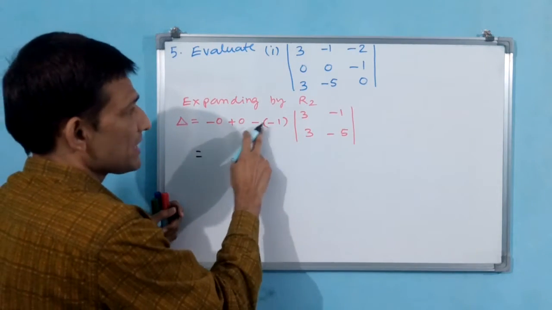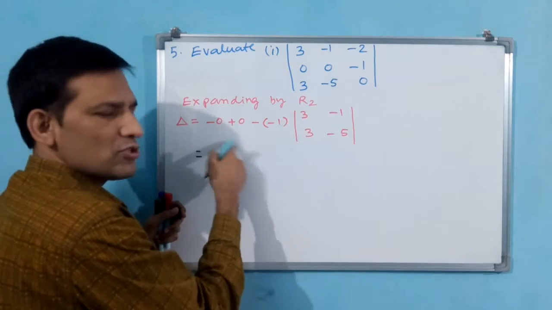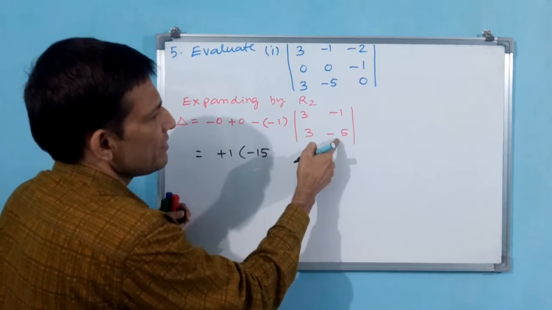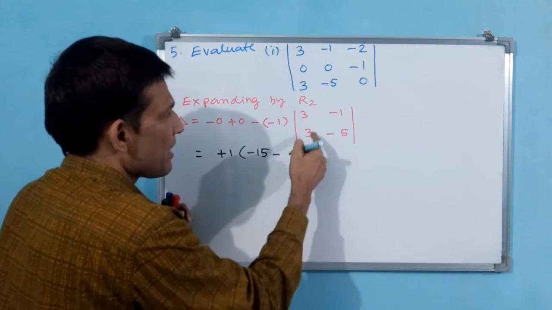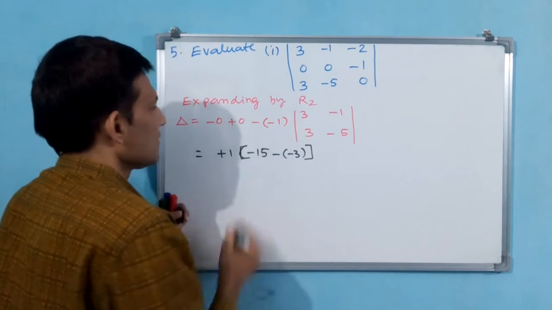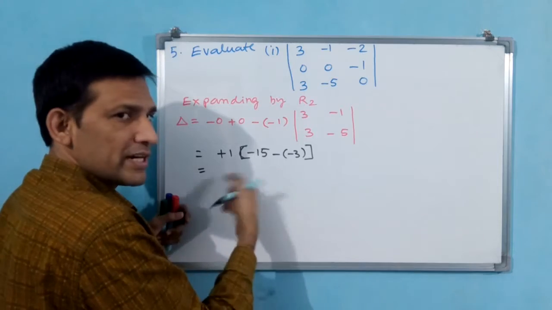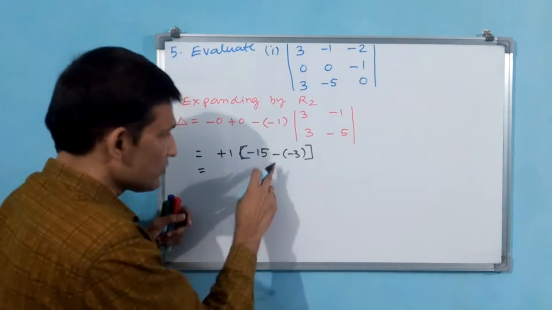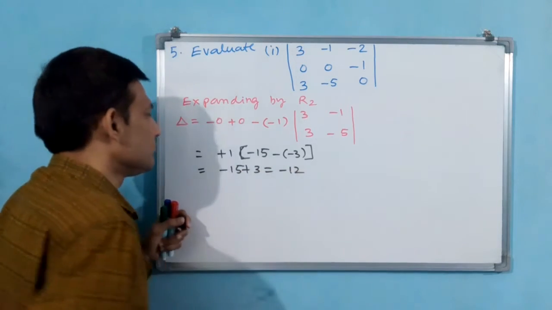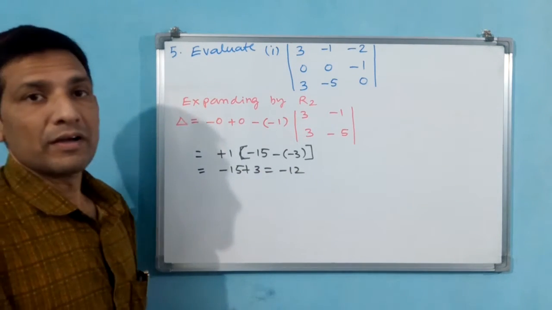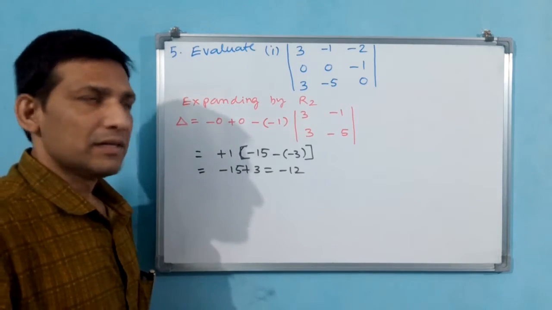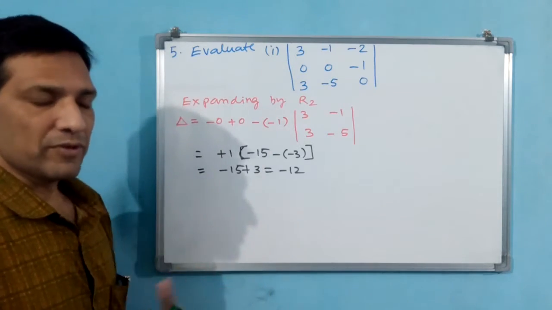Any space is there. Okay, minus of minus plus 1. Why? Because the 0, 0 you need not write. You see, minus 15, AD minus 15, minus BC, you see, minus of minus 3. That is equal to plus 1, you need not write again. Why? Because multiplication is there. You see, minus 15 plus 3, that is equal to minus 12. Is it okay? Minus 12 will be the final answer. Okay? Let us go for the second part of the fifth question.